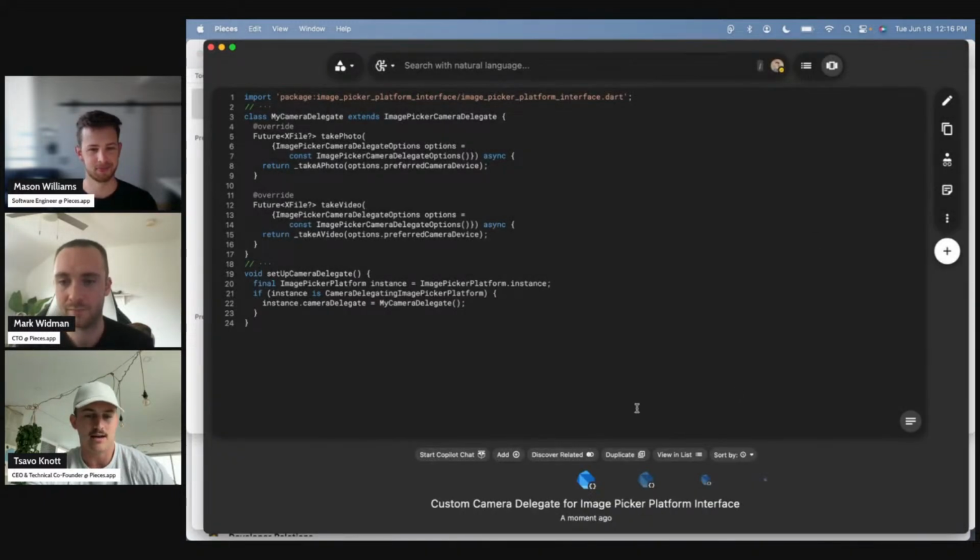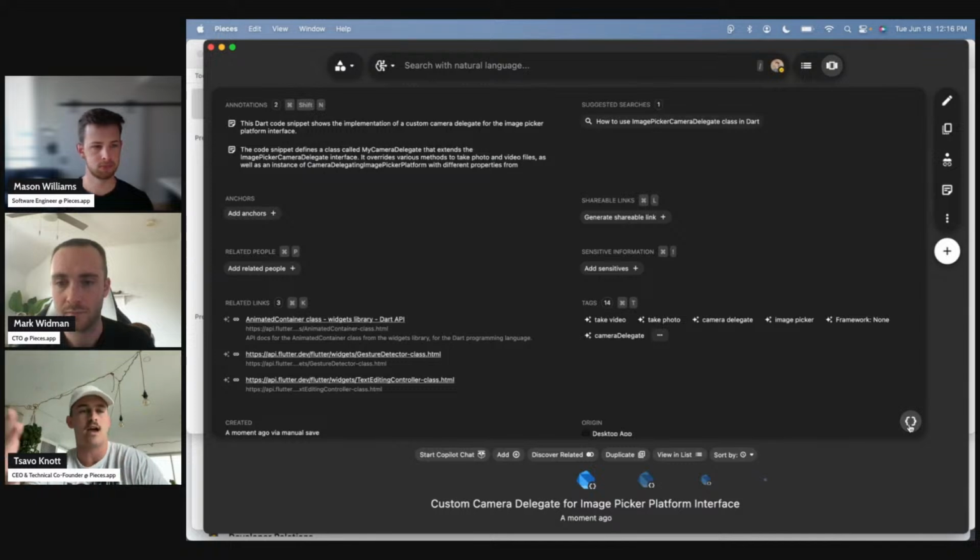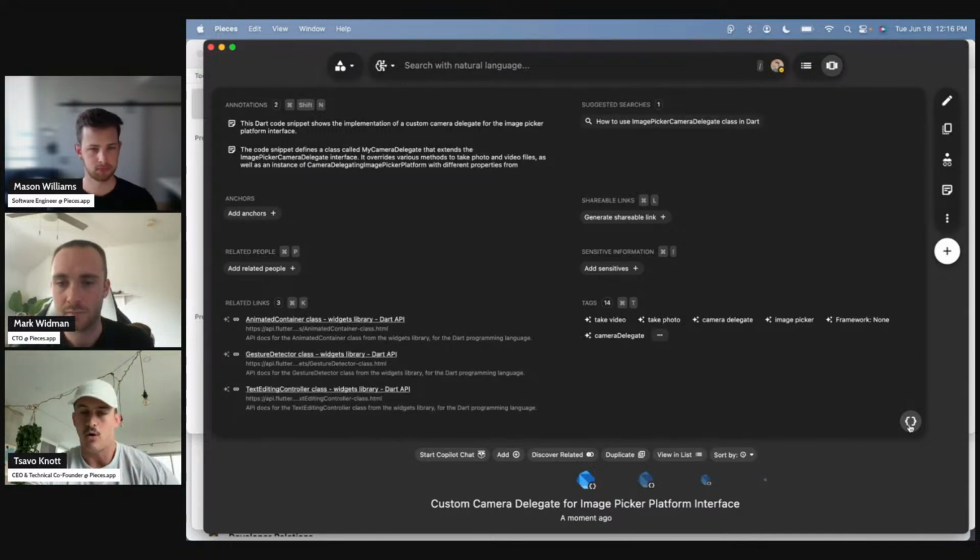And then we're going to go ahead and give it a title, right? Of course, you can edit this title if you'd like to. And then you can basically flip it over and say, what do we have from an enrichment perspective? Well, we've got tags, we've got suggested searches that were generated, we've got descriptions, we've got related links to external documentation that will get associated with this material type as well. And so we're doing a lot of work here. Again, all I did was copy and paste, and we're deeply enriching it